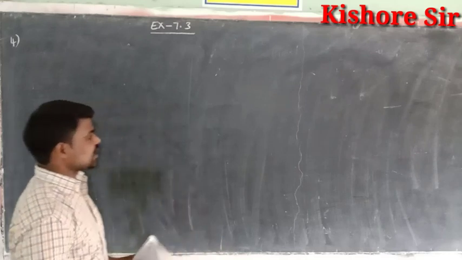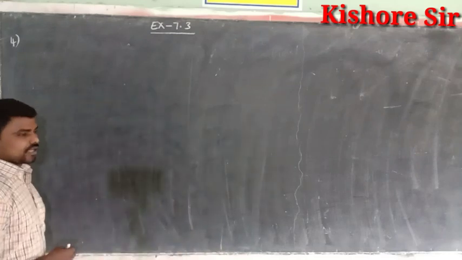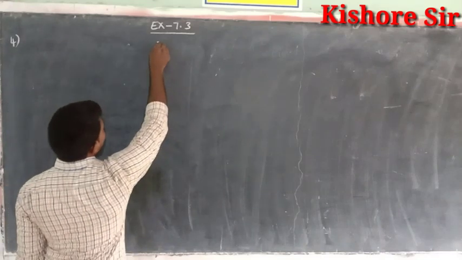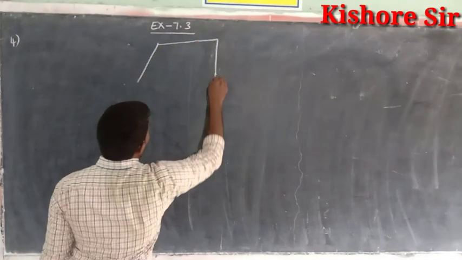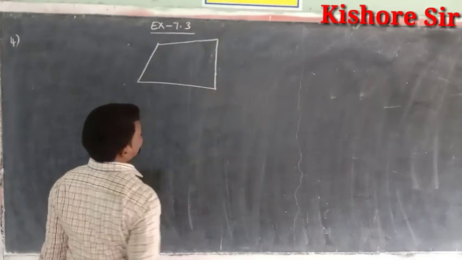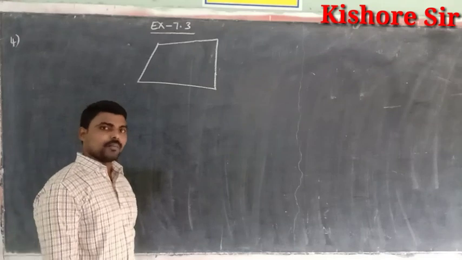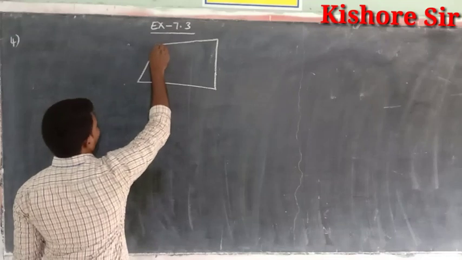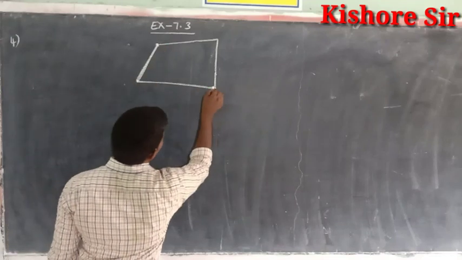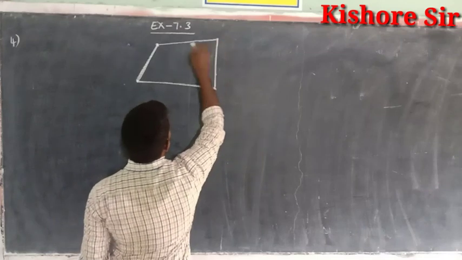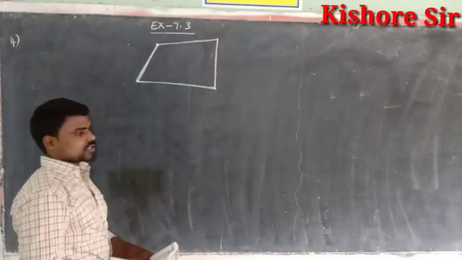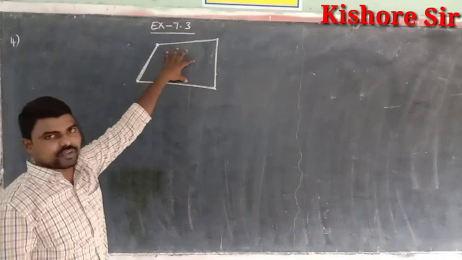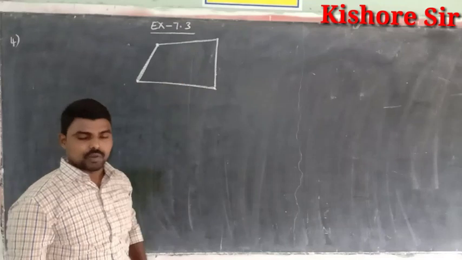So first, what is a quadrilateral? Quadrilateral definition: a simple closed figure formed by 4 line segments. A simple closed figure bounded by or formed by 4 line segments: 1, 2, 3 and 4. Okay, so this is the quadrilateral. A simple closed figure formed with 4 line segments is called a quadrilateral.